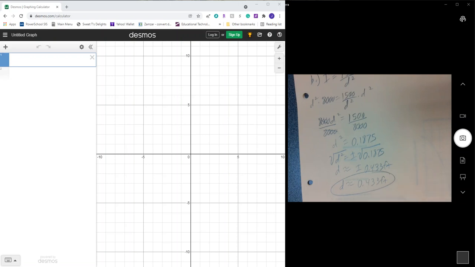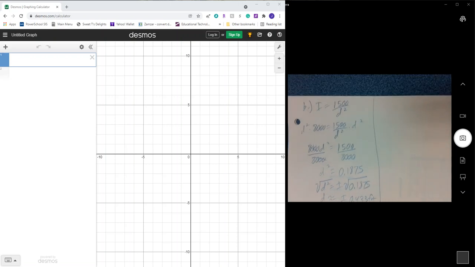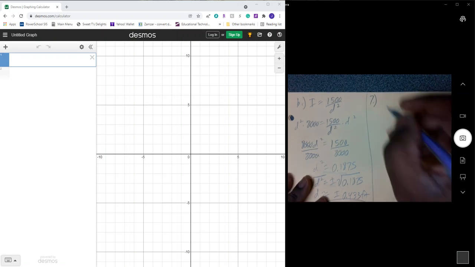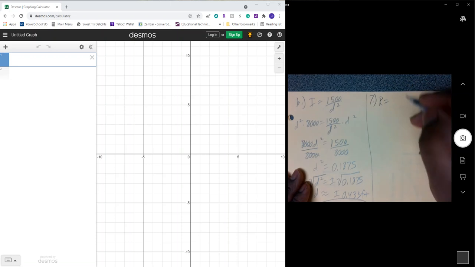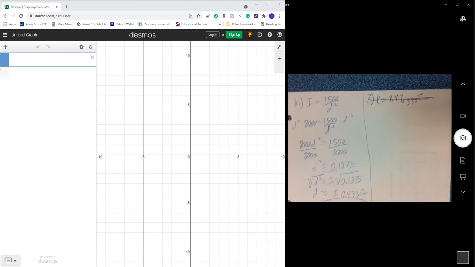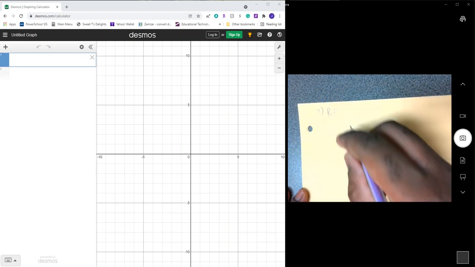Now we go to our final problem, which is problem number 7. Problem number 7 is on page 529. It says here, the following formula is used by the NCAA to calculate the quarterback passing efficiency rating. As you can see in your book, I'm just going to write that formula out. We have 8.4y plus 330t. I messed that up a little bit, so let me just get a fresh sheet of paper. So we would have R is equal to